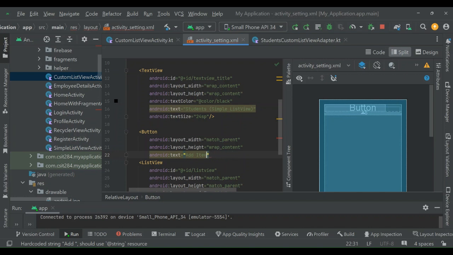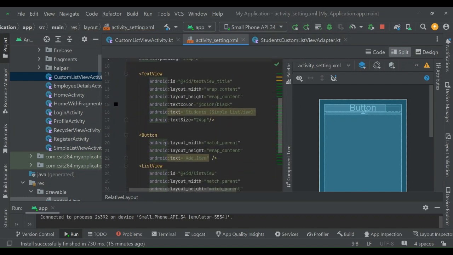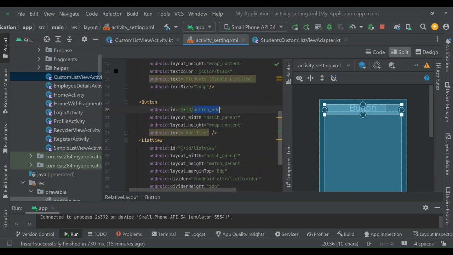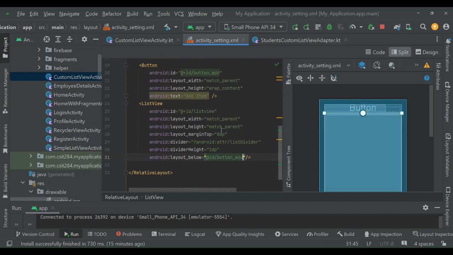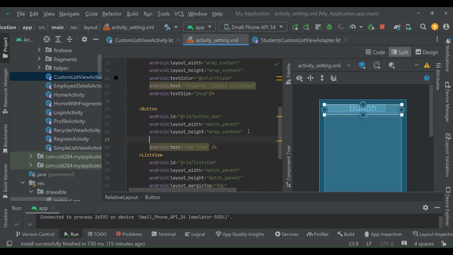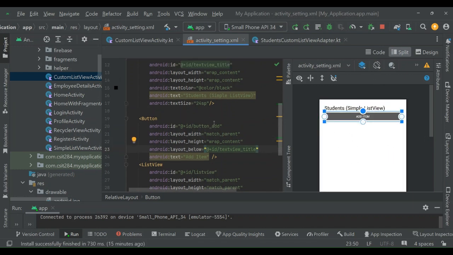Okay, just add item, that's fine. This one is going to have an ID, button add, and then the list view should be below this ID. Now we have our button here on top after the title.